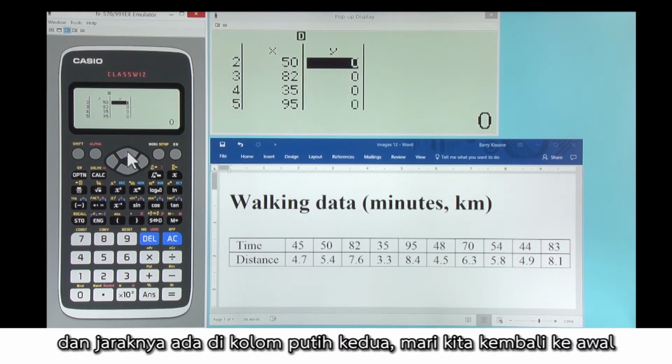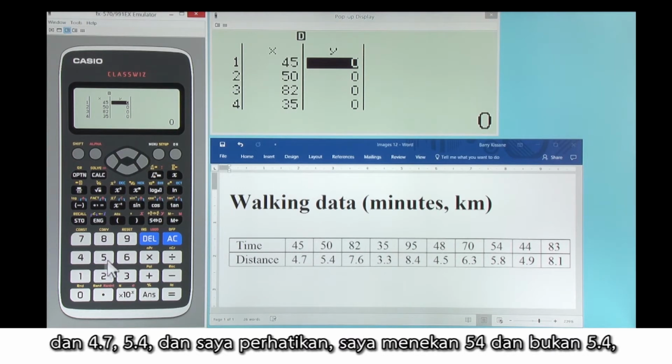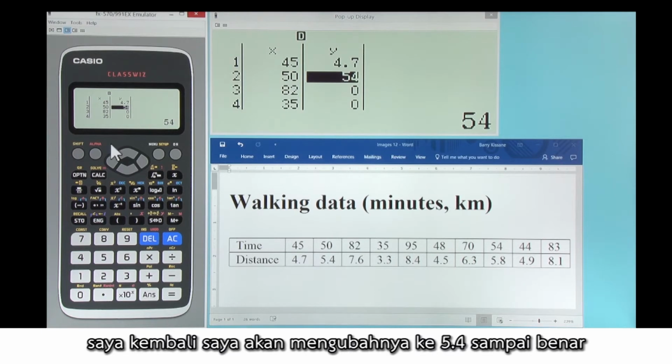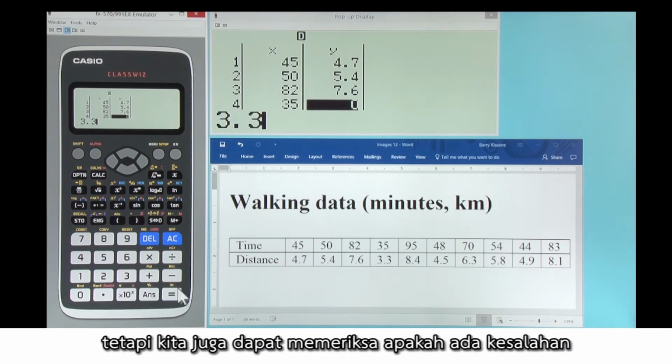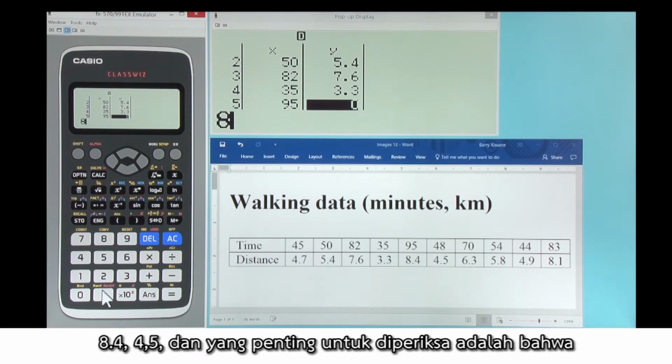Let's go back to the start. And 4.7, 5.4, and I just noticed I tapped 54 and not 5.4. I'm going to change it to 5.4 so that it's correct. So you should watch what you're doing as you do it, but we can also check later to see if there are any errors. 8.4,